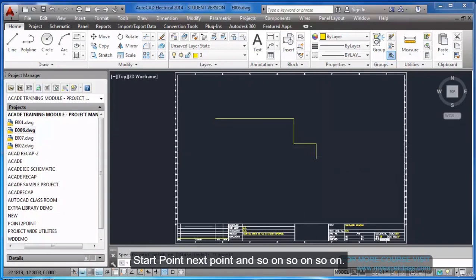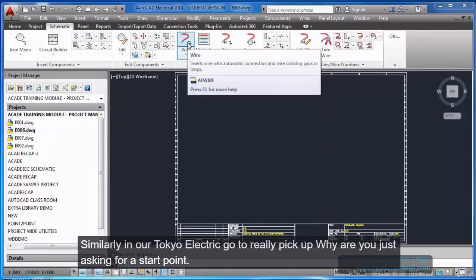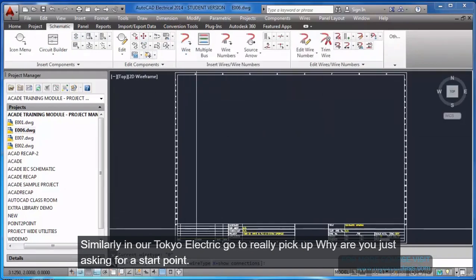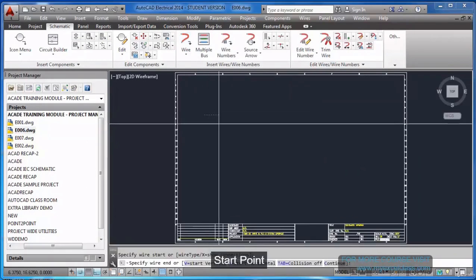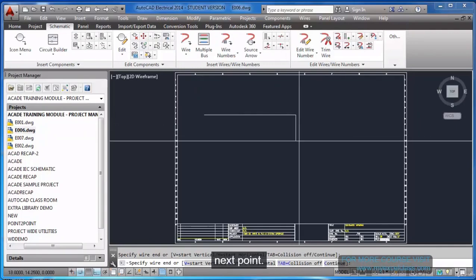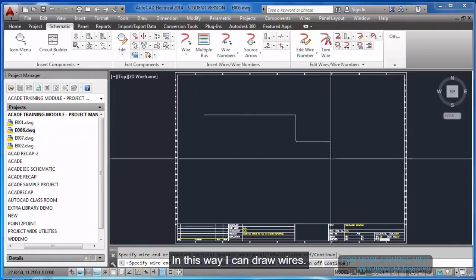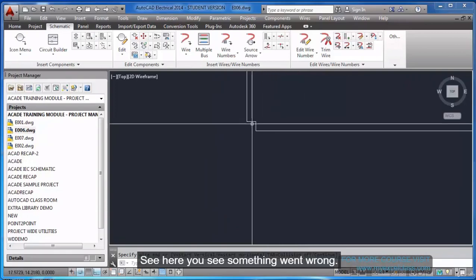So similarly, in AutoCAD Electrical too, when you pick up wire, it is asking for a start point. Next point. In this way I can draw wires. See, here you see something went wrong. So